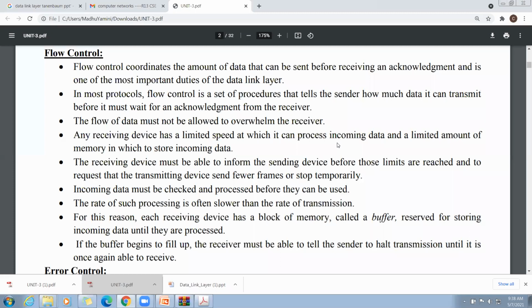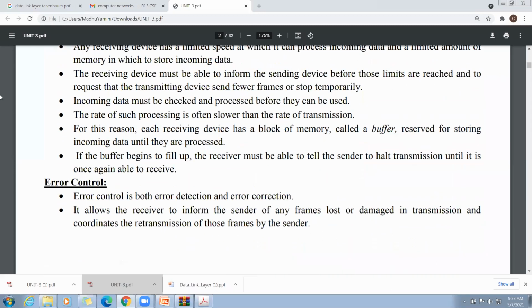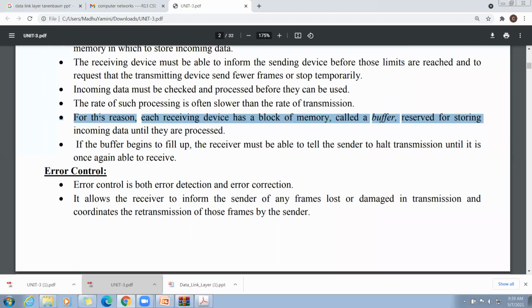With synchronization, the sending rate and receiving rate must be the same. See this point which I have highlighted. Each receiving device has a block of memory called a buffer. Not only the receiving device, the sending device also has a buffer.